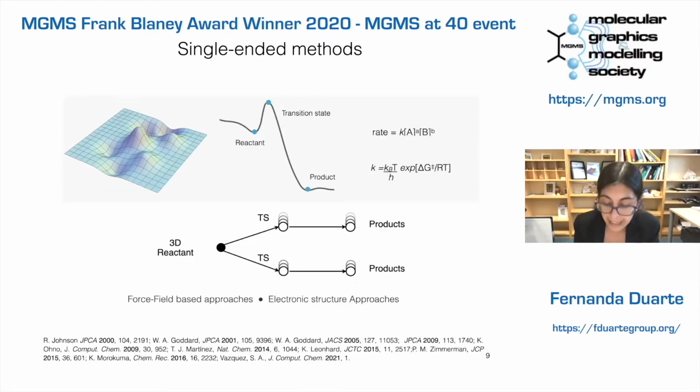I will just briefly define these last two. The single-ended method has been very popular and promising, mostly through people like Zimmerman, and also other contributions from Todd Martinez, for example. The idea is very interesting. You have a reactant and you tell the computer, please find all the pathways that you can find for this starting material. This is very powerful if you don't have any knowledge of the potential pathways that your reaction can follow. But it also means that you have to explore many different possibilities.